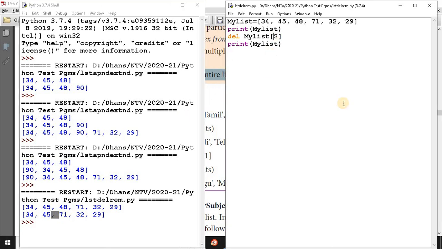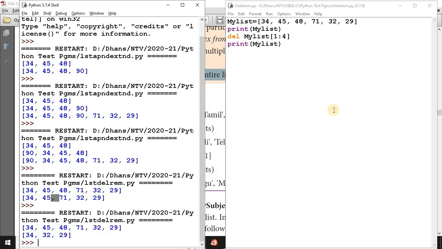Then next one, for example, 1:4. Now what will happen? Here 1:4, so 1, 2, 3, not up to 4. 1, 2, 3 means position value 1, position value 2, position value 3. So these 3 elements will be deleted from the list.